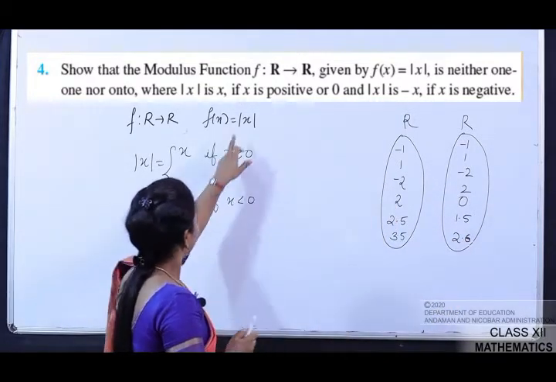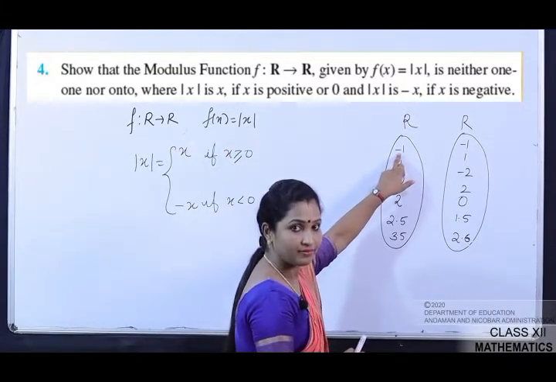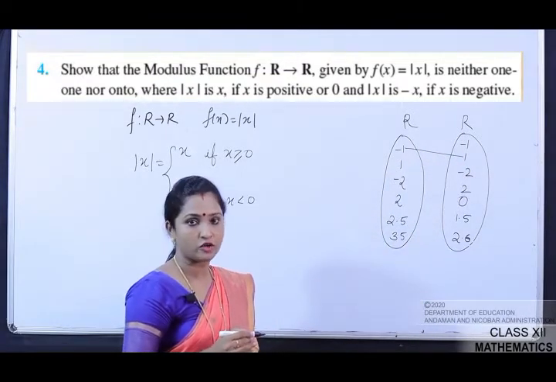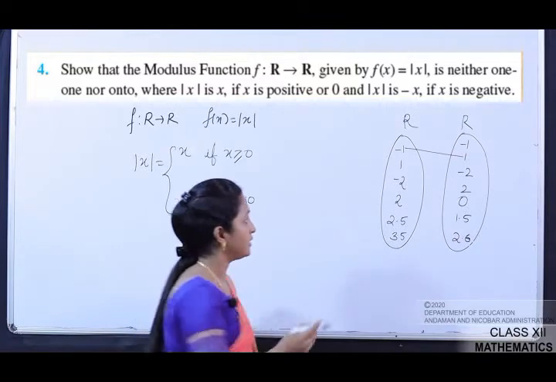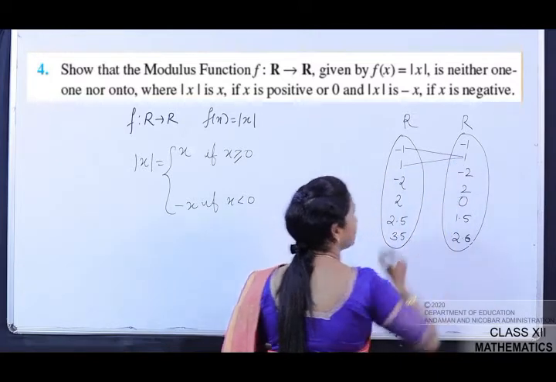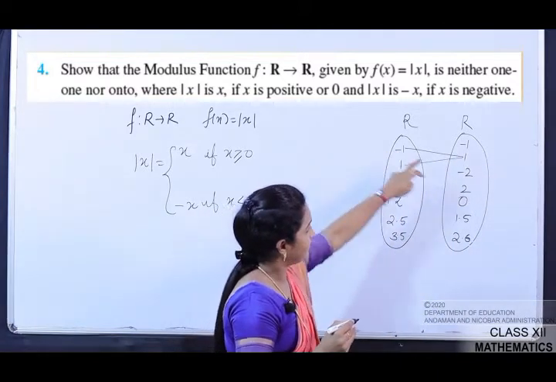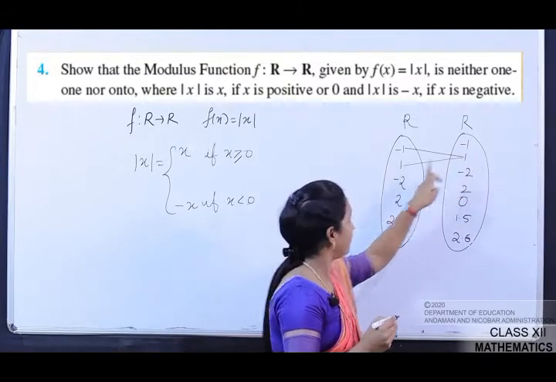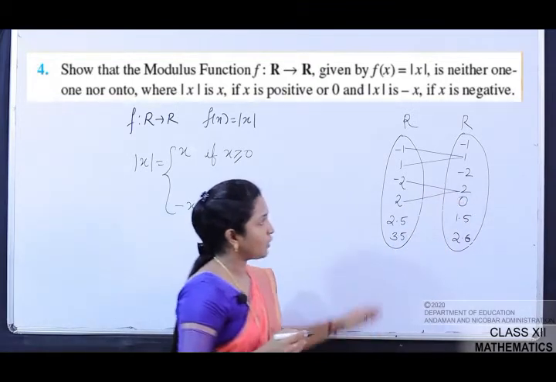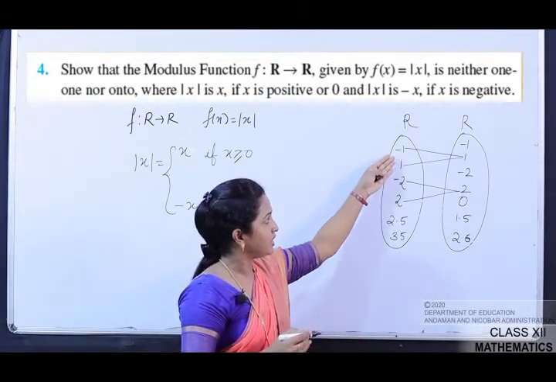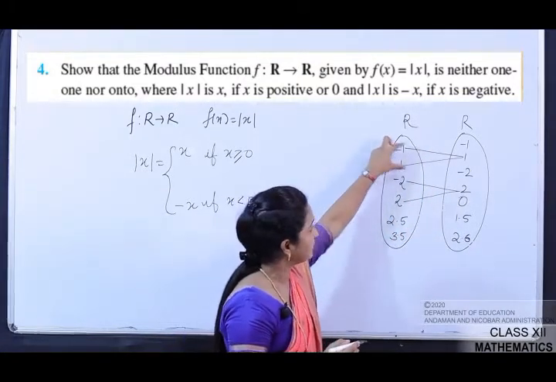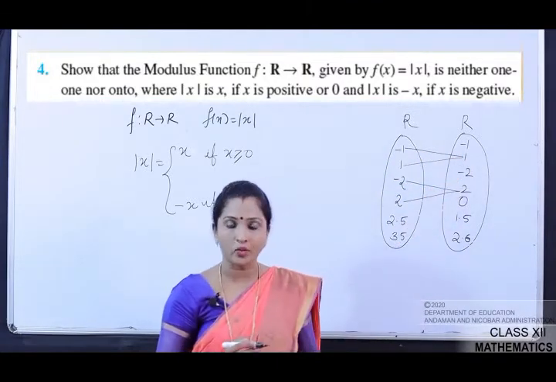Now when x is minus 1, what will be the answer you are going to get? 1, because it is modulus. Okay, modulus of any negative and positive number, the answer will be plus only, right? And when you put x is equal to 1, again the image will be 1. So two elements will be having a single image. Okay, यहाँ पे देखिए minus 2 जब आप डालेंगे plus 2 and here also again 2. So what is the conclusion? जब एक एलिमेंट का एक इमेज होगा तभी हम बोलते हैं उसको 1-1, बट यहाँ पे two elements will be having one image. See, so you can say that it is not 1 to 1. Clear?